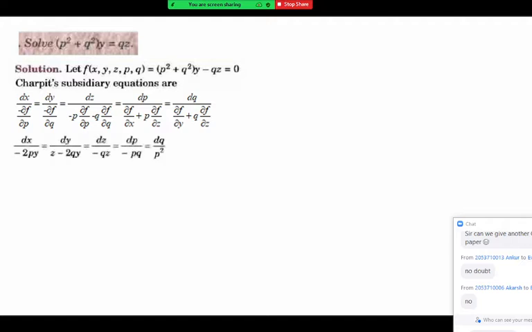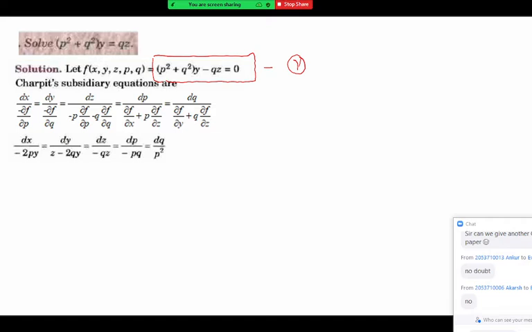After replacement, I already told you this is equation 1. When we replace these partial derivatives here, you will get this equation. Okay. Any doubt up to here? We just replaced the values of all partial derivatives there. What is the next step then? We discussed we should find the values of p and q in terms of x and y.